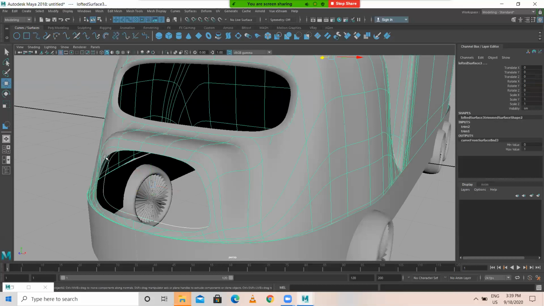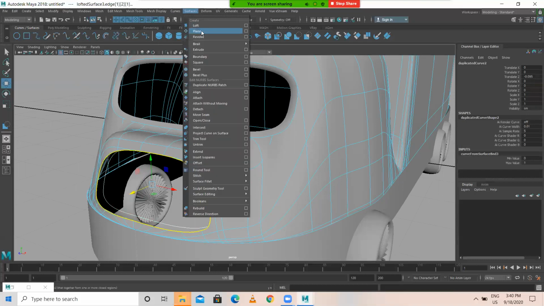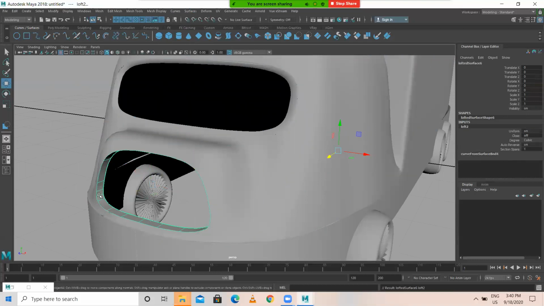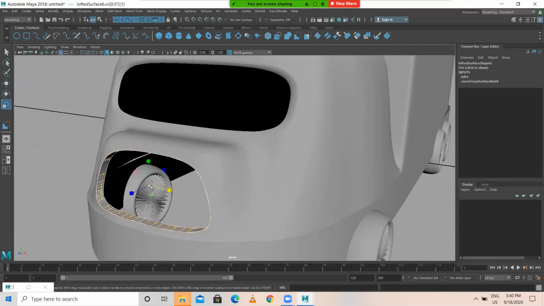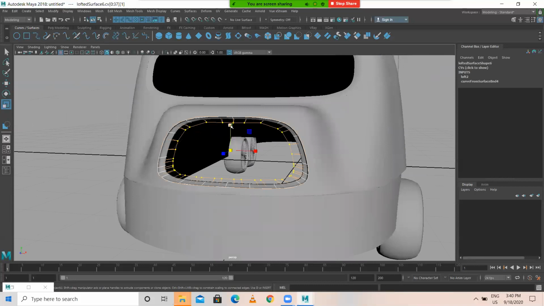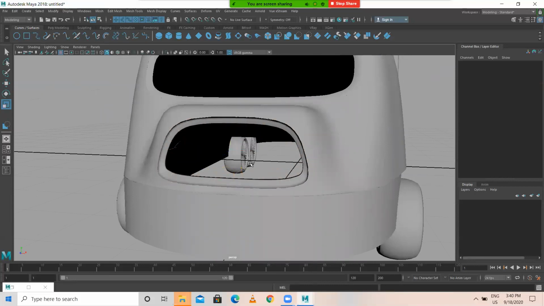Select the curve, shift select the trim edge, surface loft, go to hull, just scale it like this.